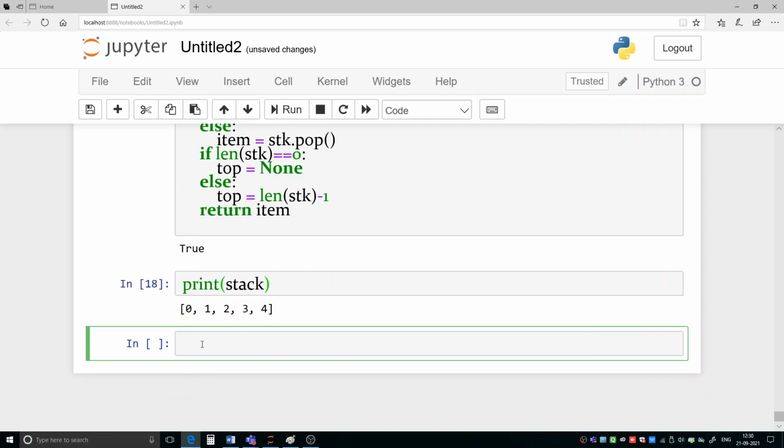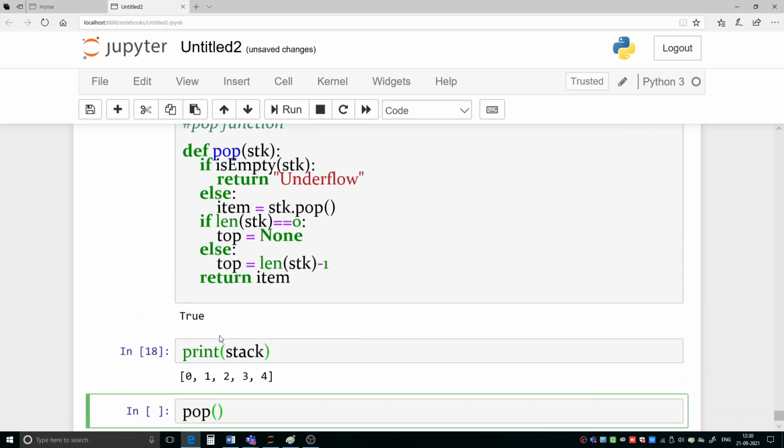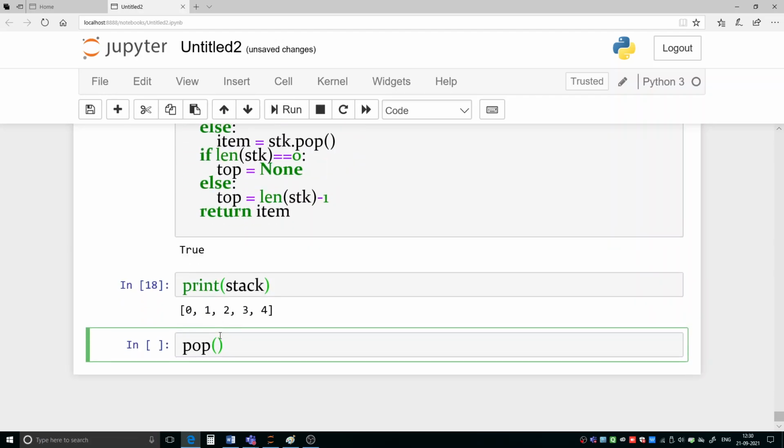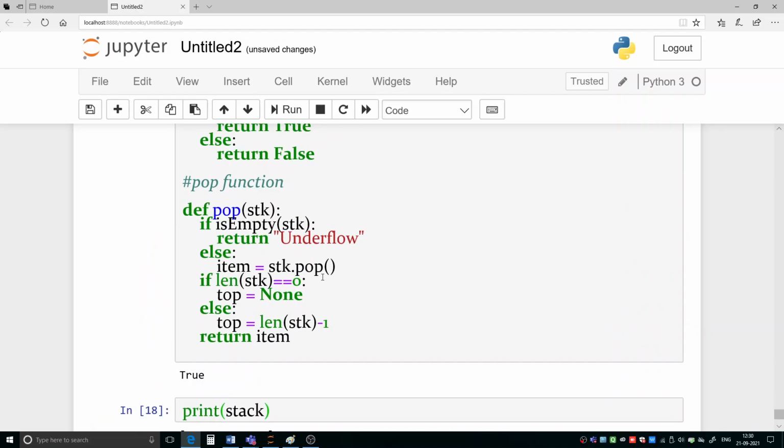Now let me perform pop on the stack and run it. Till now we have not executed it a single time, so here we will be using that one.